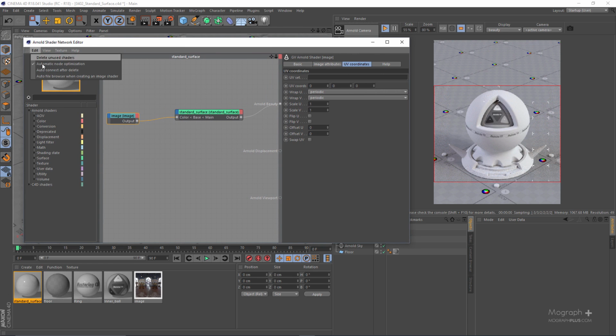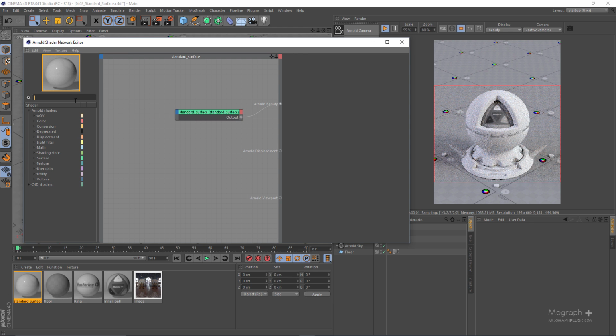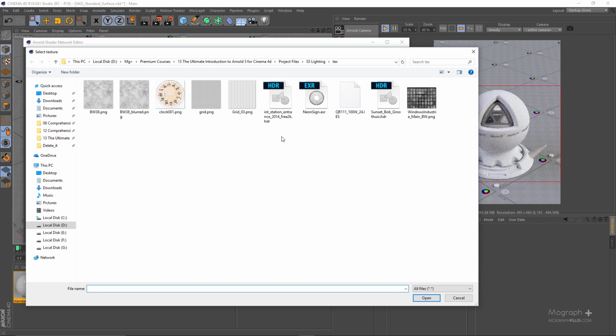Let me just make sure the auto file browser when creating an image shader is enabled. Also, another way obviously to add your image shader, just if you are not into shortcuts, just search for the image node in your shader tree, drag and drop, and now you can actually load the texture